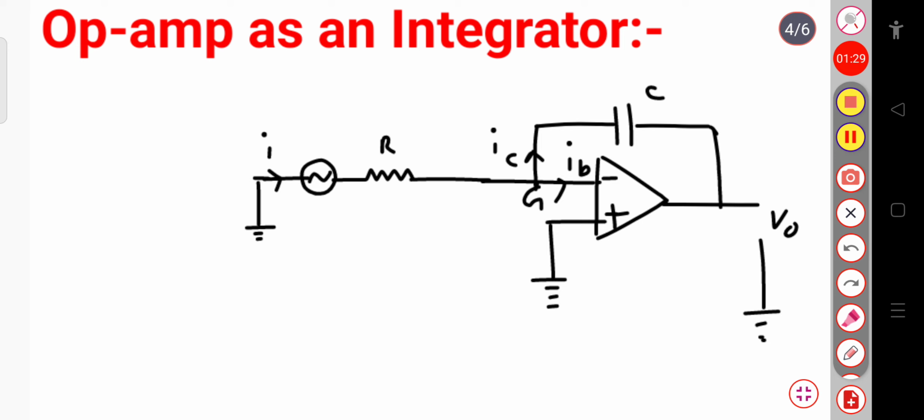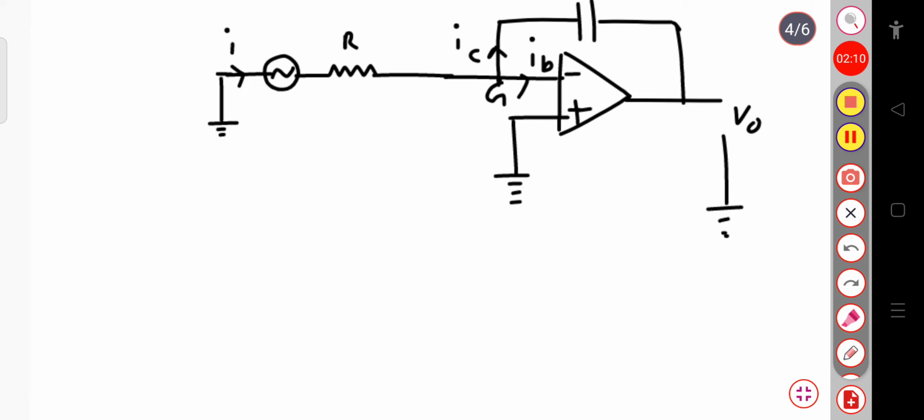If you can remember, in case of the differentiator, the resistor is present at the feedback and the capacitor is present at the inverting terminal. But in case of the integrator, it is just the opposite of that. So the capacitor is present across the feedback circuit, and this resistor is present across the input signal or across the inverting terminal, and it performs the mathematical integration. So when this operational amplifier is connected with the inverting terminal connected to the resistor and the feedback is the capacitor, then this will behave like an integrator circuit. So basically it performs mathematical integration.